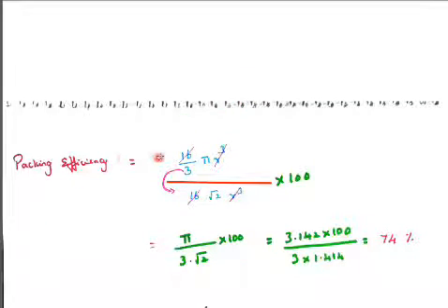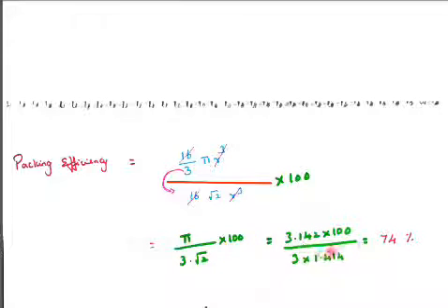Here the packing efficiency value is 16 by 3 pi r cubed divided by 16 into root 2 into r cubed. The pi is divided by pi, so you just bring it to the denominator. 16 and 16 cancel, r cubed cancels, so the 3 will come down. So it is pi into 100 by 3 into root 2. Please learn this value by heart for MCQs. This is useful for you.